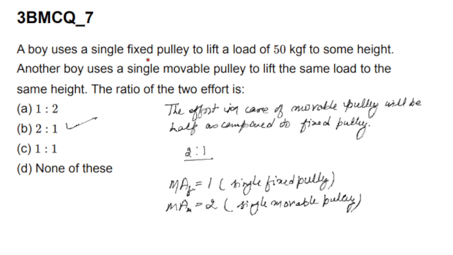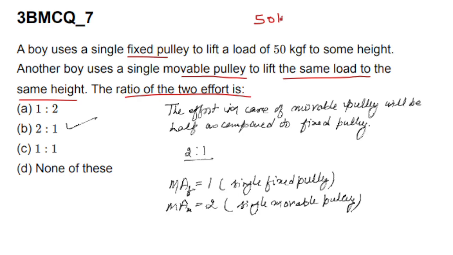A boy uses a single fixed pulley to lift a load of 50 kgf to some height. Another boy uses a single movable pulley to lift the same load to the same height. Okay, they are moving at the same height. The ratio of two efforts. See, when the other person is using the fixed pulley, he has to apply the same load. So he has to apply 50 kgf